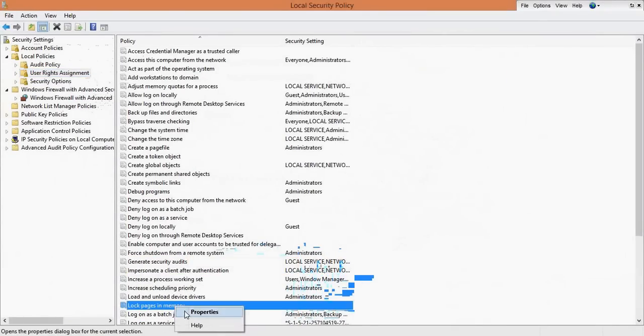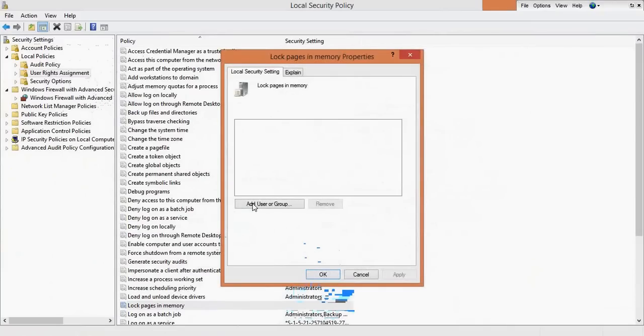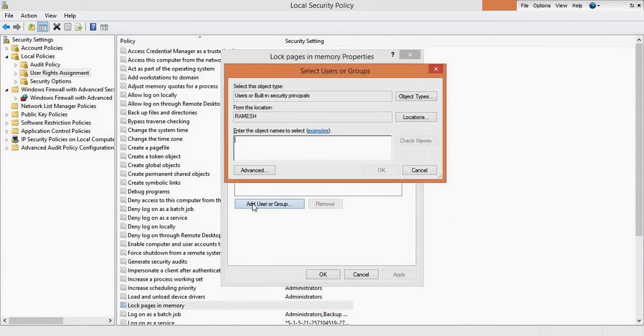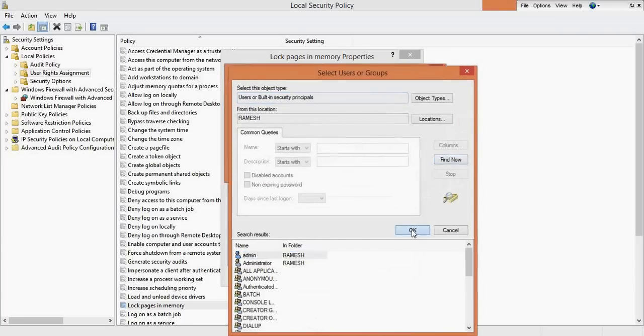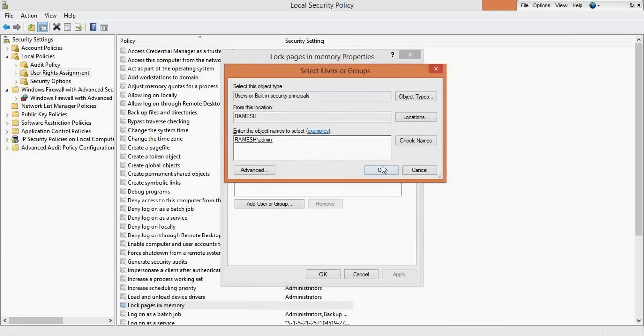Just right click, go to properties, add a user group, add the user. Very simple.